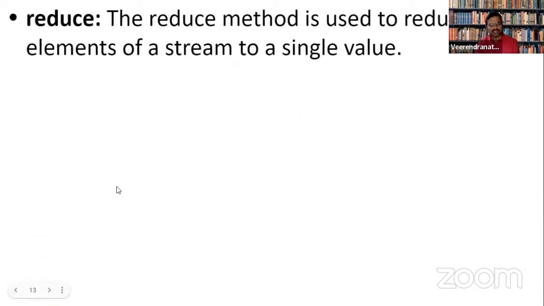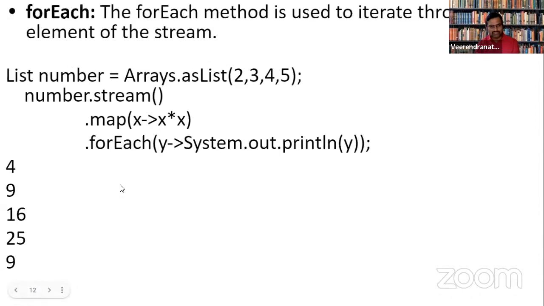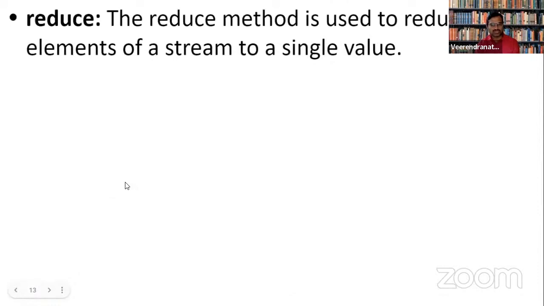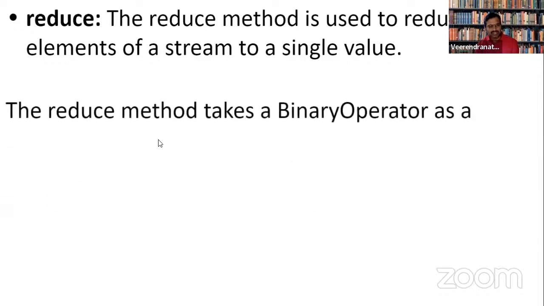No problem. And then we are looking at reduce. What exactly is reduce going to be? Most often we use forEach and collect, and sometimes we can also go for reduce. So what exactly is reduce going to do? Generally, whenever I say collect and forEach, it is going to take elements and print them as a sequence. But when you say reduce, reduce will take a sequence and return a single value.